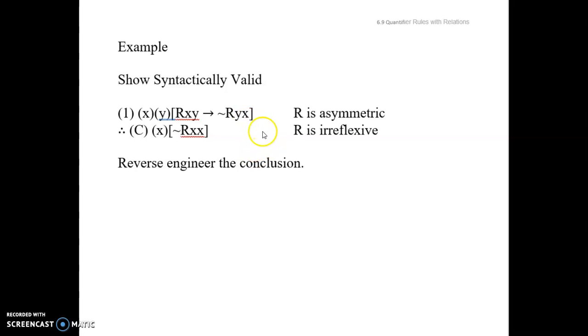by looking at a premise that says, for all x and for all y, if Rxy, then not Ryx. In other words, R is asymmetric by definition, and you're going to be able to syntactically deduce from that one premise alone that R is in fact irreflexive, namely that for all x, not Rxx. So you actually get to see, in practicing this particular case, a really interesting result, namely that all asymmetric relations are irreflexive. So before we can syntactically deduce this conclusion from this premise, let's go ahead and